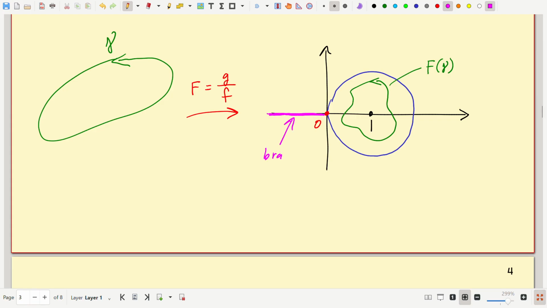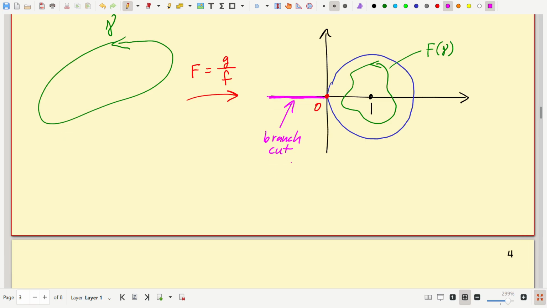This is screaming that we ought to have a branch cut. There's the branch cut, and that's the principal branch. So it's the branch cut for log. Okay, and now here's the thing. These things are all nice up to the curve. So if I take a little open set like this around the curve,